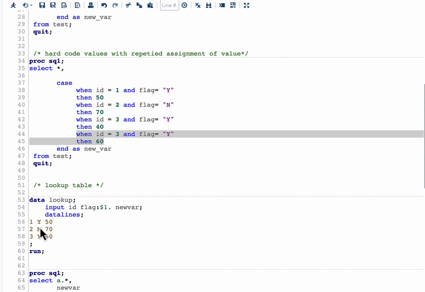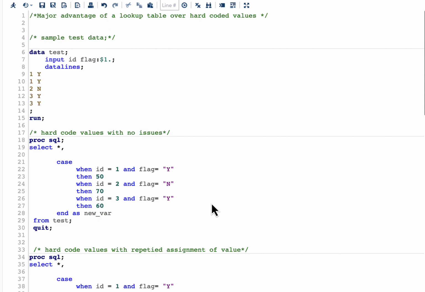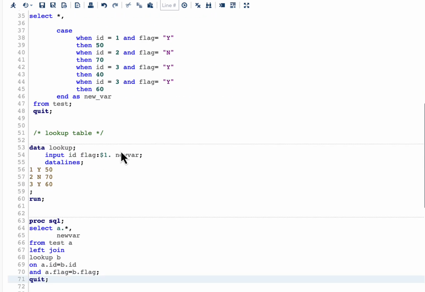Once we have built the lookup table, what we are going to do is join to the table in which we are interested. Here, that table is the test table. And then we are going to join the ID and flag variable of the test dataset with the ID and flag variable of the lookup dataset, and we are going to bring this new variable,